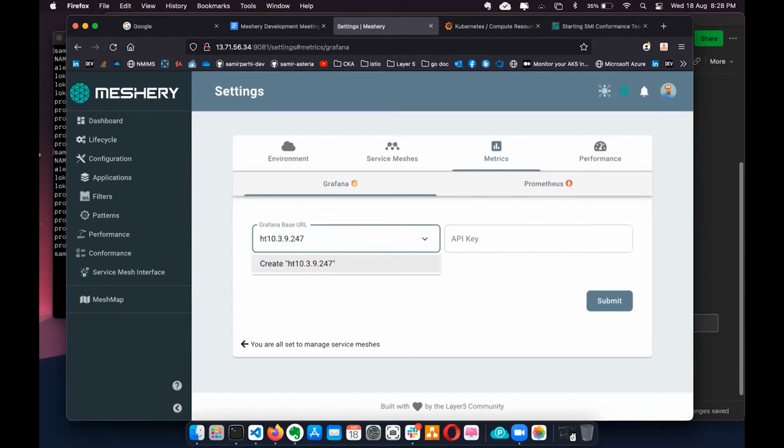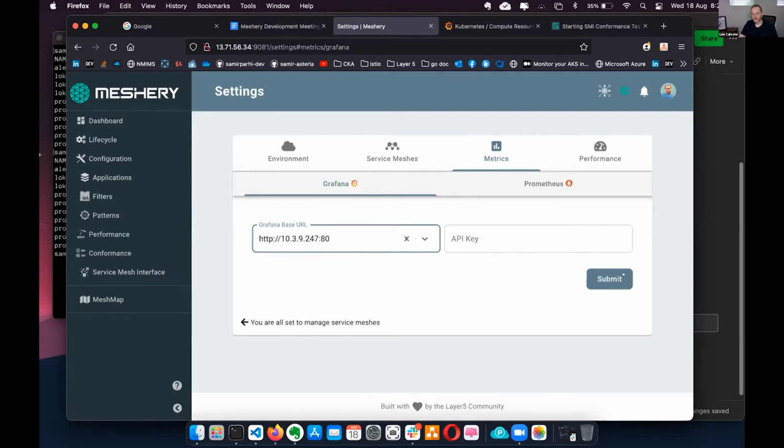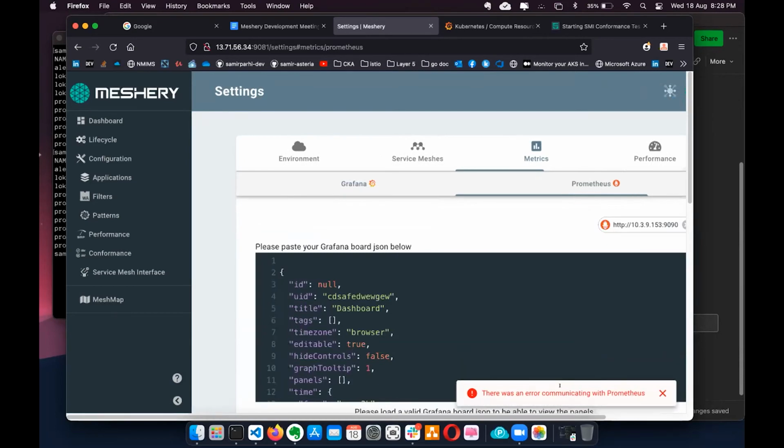Yeah, so something like this. Now if I go to Prometheus, we saw it was connected, but when I go here, it still says error communicating Prometheus.